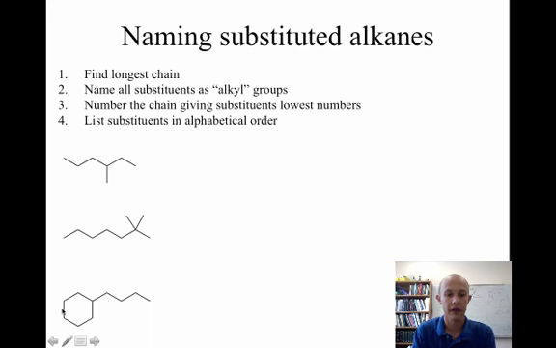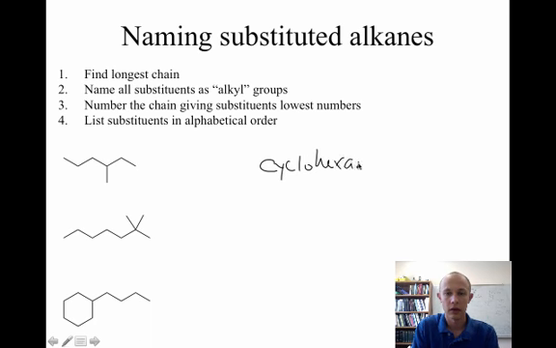Okay, the last example contains a ring. So what we're going to do is treat rings and chains differently. The chain has 1, 2, 3, 4 carbons in it, but the ring has 6. So the base name is going to be whichever one is bigger. So the base name in this case is going to be